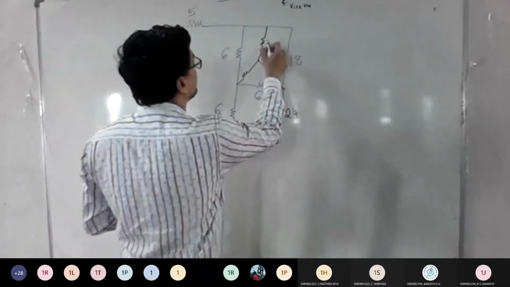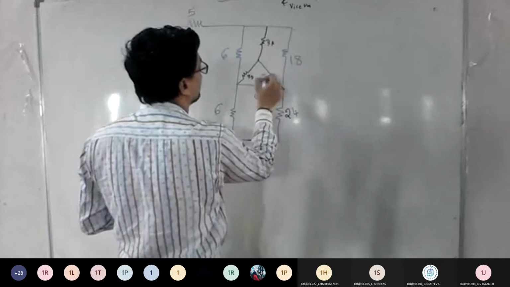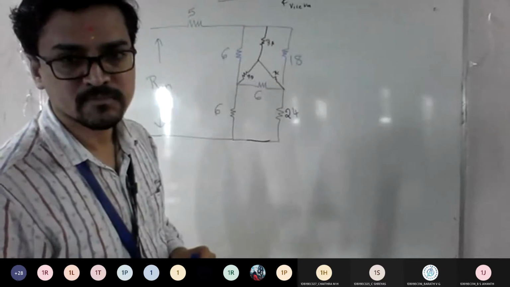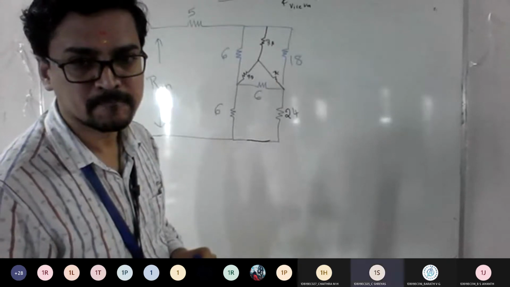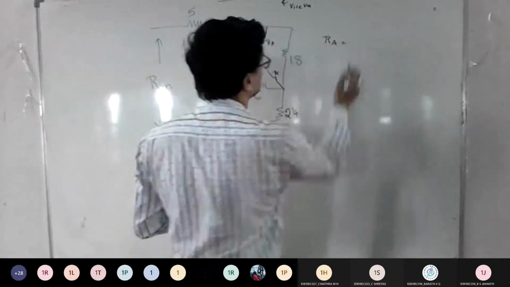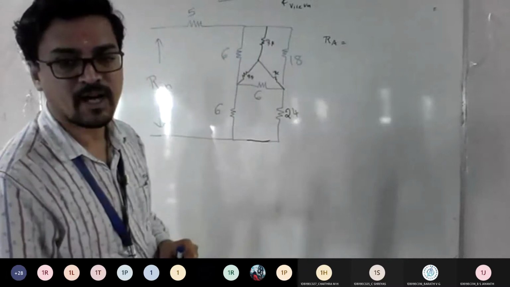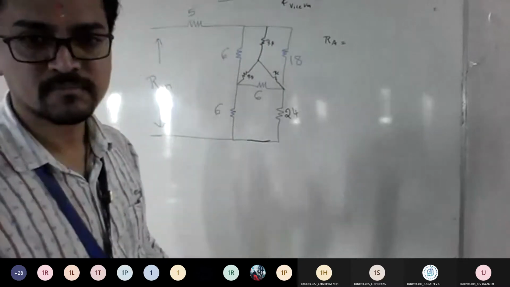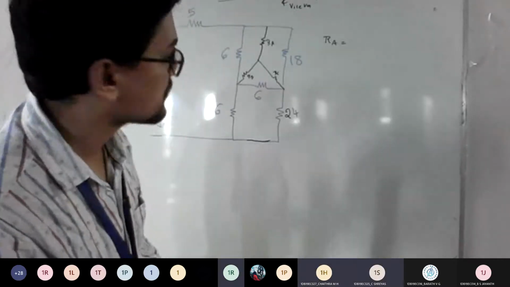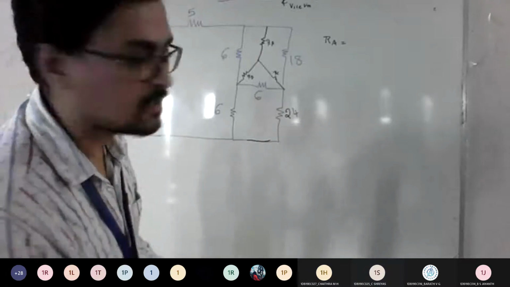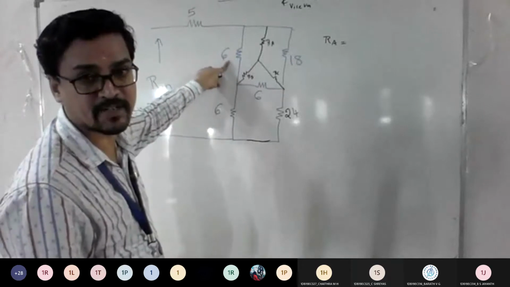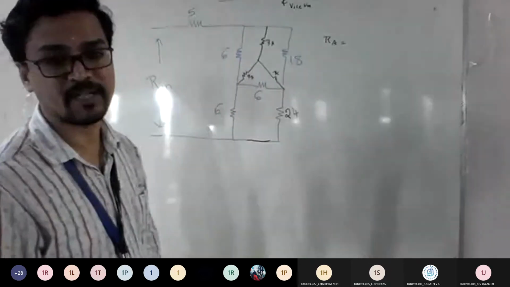So now this is like your RA, RB, and RC. Which conversion do you have to incorporate now? Delta to star. Good. So what was the formula? Do you remember what I wrote? RA is equal to? What was the formula we wrote here? RAB into RAC by RAB plus RBC, that is RA into RB divided by the sum of all. So now RA into RB means across this you need to calculate, right? So now tell me what values I should multiply?